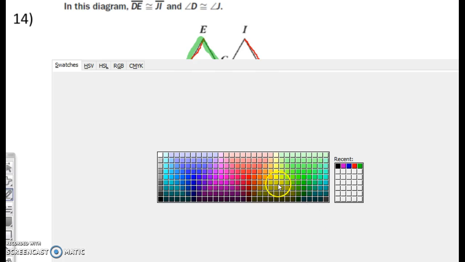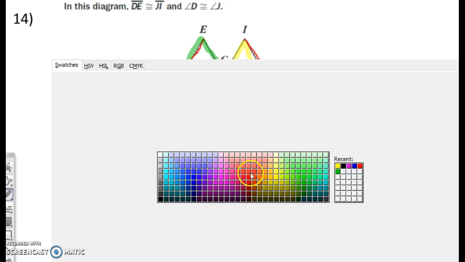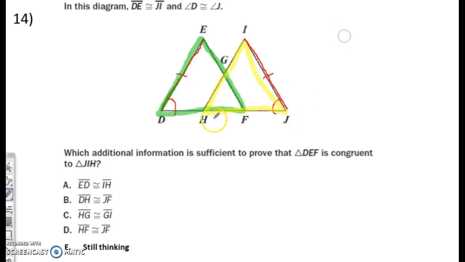is congruent to triangle JIH? So we're trying to show that those two triangles are congruent. So far we have a side and an angle. Alright, so let's look at our options down here. And I'm going to kind of label them on the graph as we go to see if they make sense